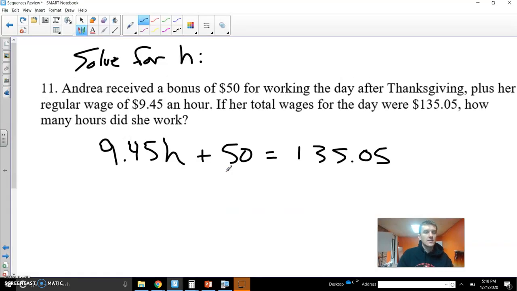Cool. All right, so getting to the very last problem. A lot of times the way that you get paid is in sequence concepts. So you get paid in a very linear way a lot of times because you get paid per hour, and you may have even had some starting amount that you already had in the bank, or maybe you get a bonus for starting. But in general, you are trying to solve for how many hours she needs to work if she gets a bonus of $50 and then she's working $9.45 each hour. How many hours does she have to work in order to make